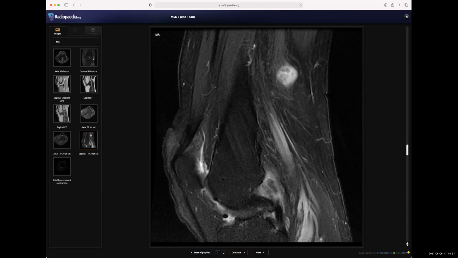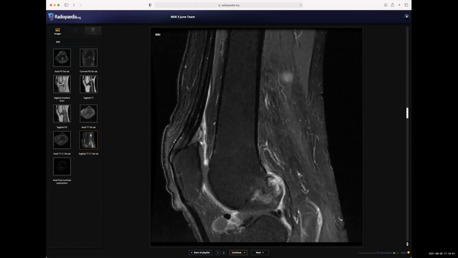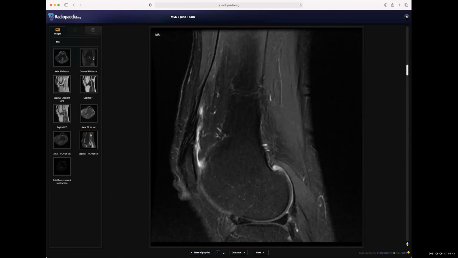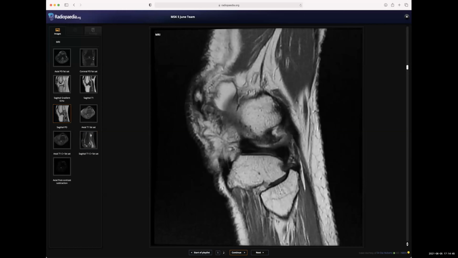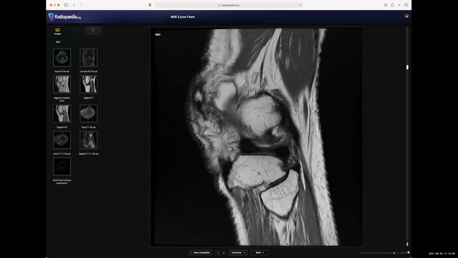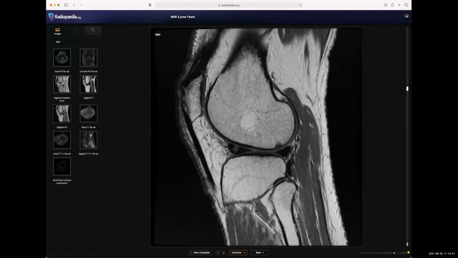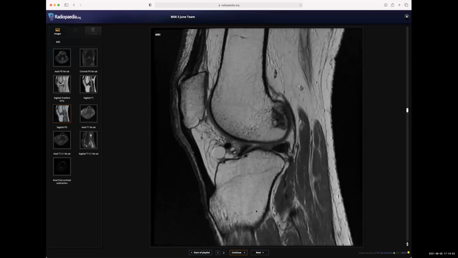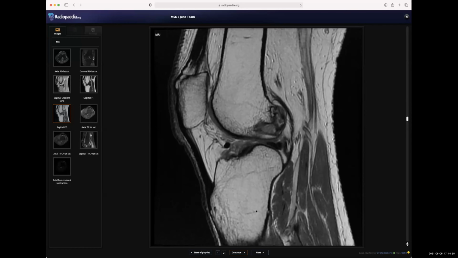You don't have any other differential for this lesion? The other differential could be a traumatic rupture of the ACL. That is the only other differential which comes in. I do not see any aggressiveness per se to make it a malignant lesion. Another thing which I'm thinking, if there is also, I'm sorry,